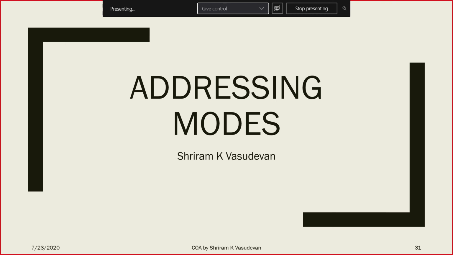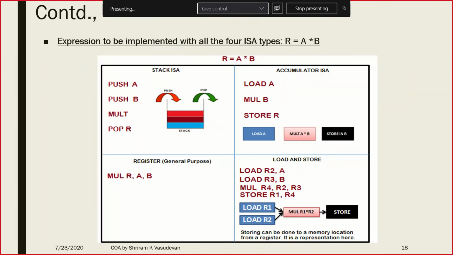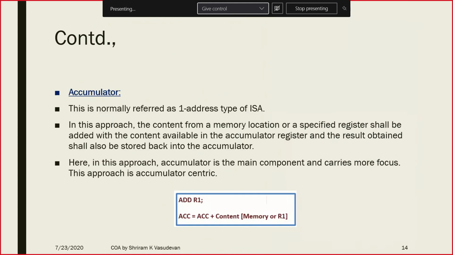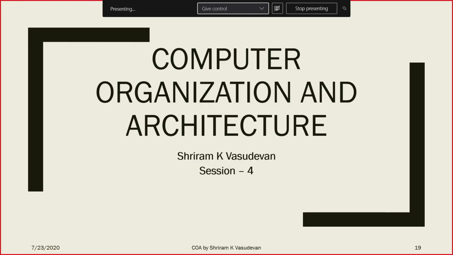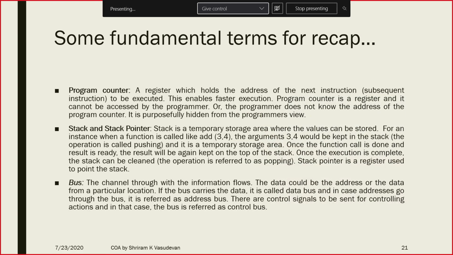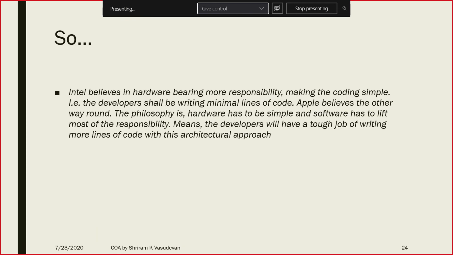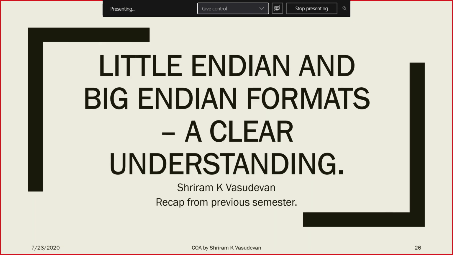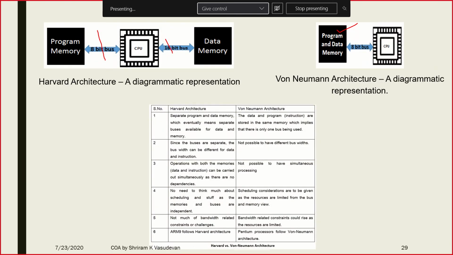So till now we have seen the fundamental points, and I'll quickly give a recap. ISA today, what is ISA? What are all the types of ISAs? And I took an example. I gave you an assignment also. I believe you will do it. And then we came to the instruction execution cycle and I explained what is the flow of it. Fundamental terms, we did a recap. I quickly spent around 2 minutes for you to understand the CISC versus RISC. And we went for Little Endian and Big Endian and I skipped it because you said you know it. And the quick comparison between Harvard and Von Neumann is also presented.